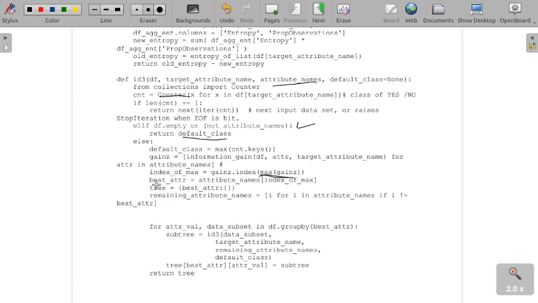We store it as the best attribute. Then we construct the tree as a dictionary, not as the lines we draw. So we create a dictionary that represents the tree. Whenever a new subtree is to be added, we create a dictionary of values and insert it into the main dictionary.